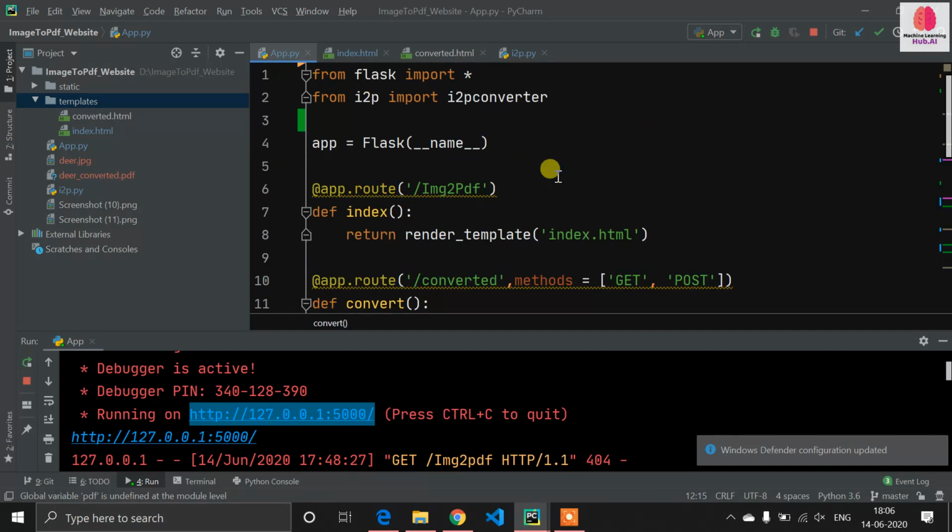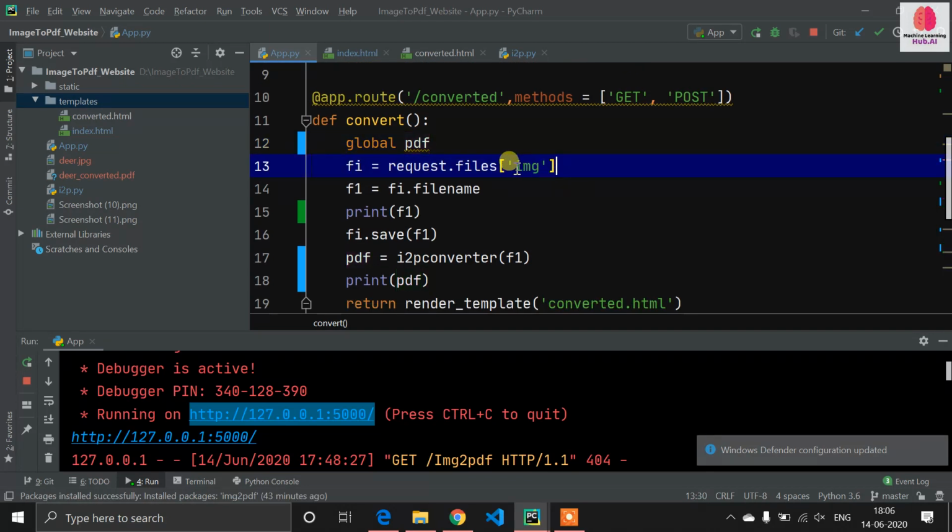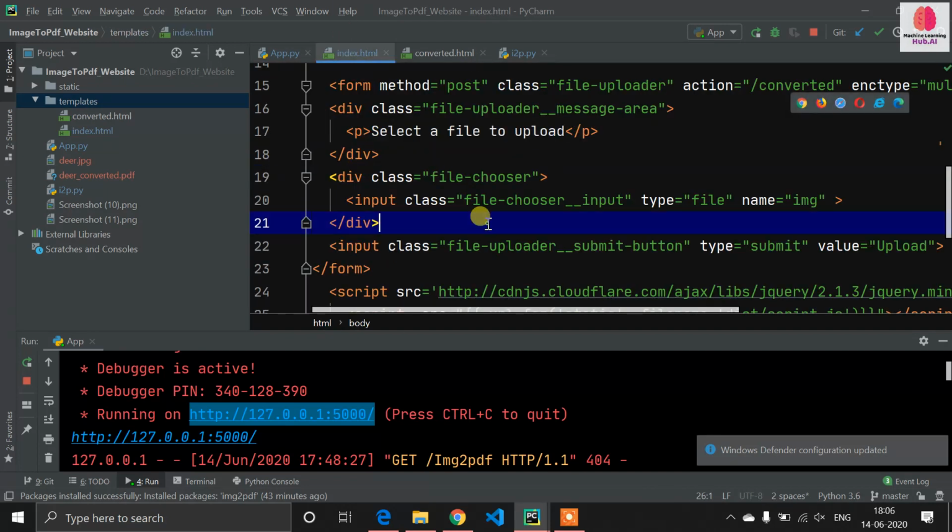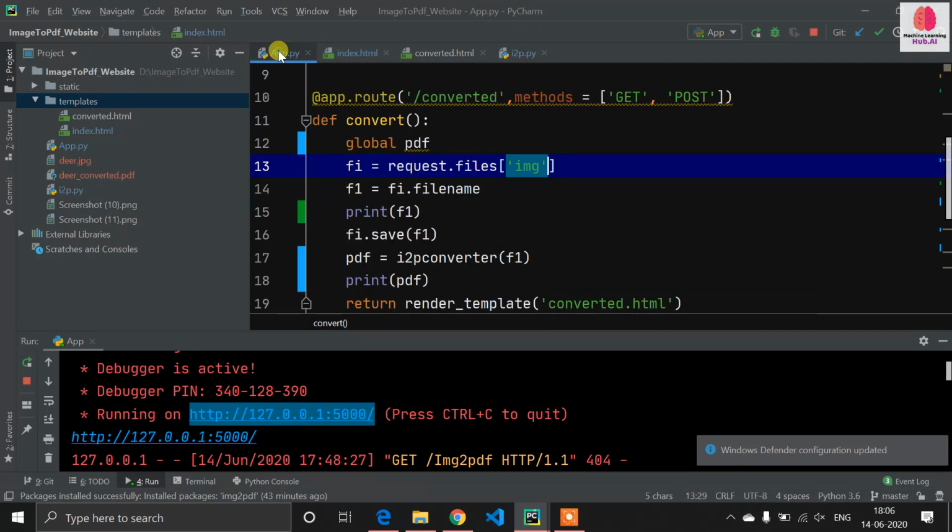So now in Flask there is a function called request. Now Flask will request the image file. I have mentioned request.files, and in that I have mentioned img. Now what is that img? Img is the ID of our image uploader. We gave the ID of the image uploader here.